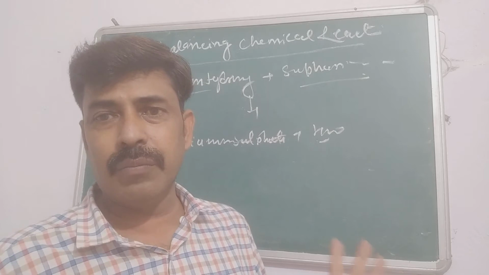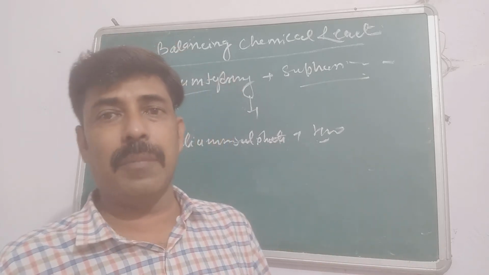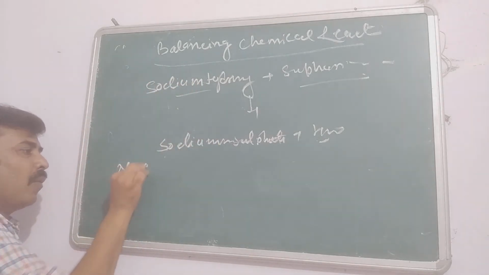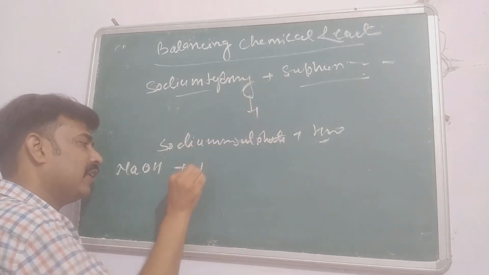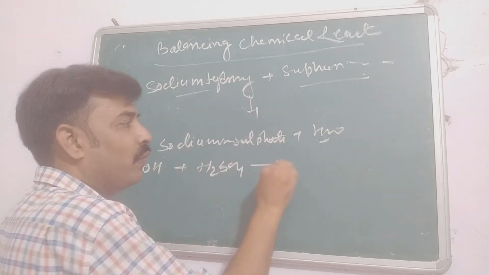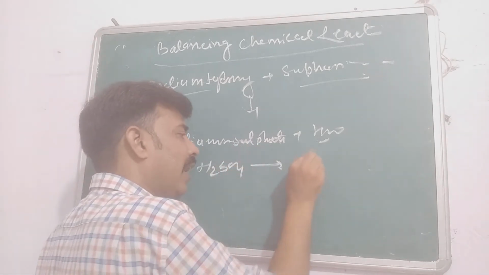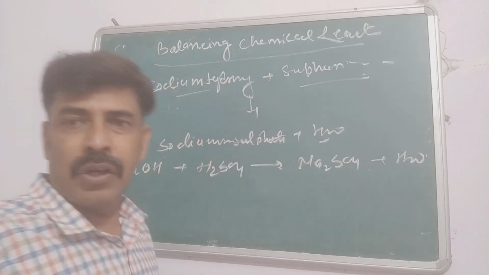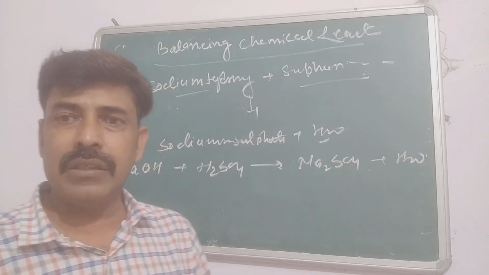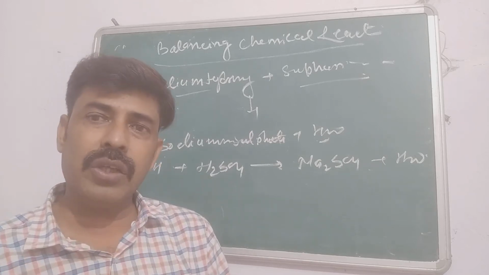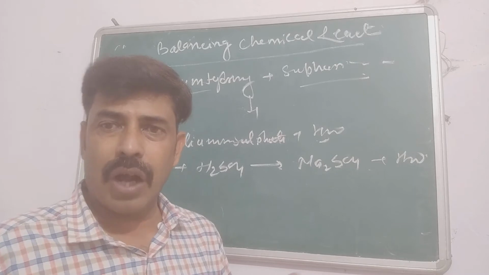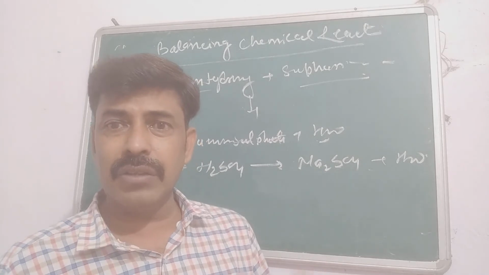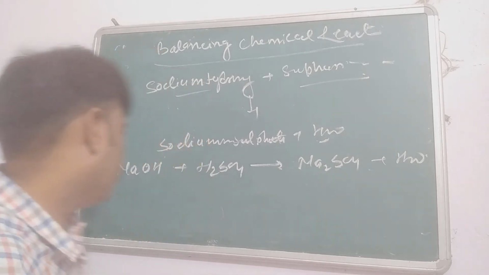Before balancing the reaction, you will need to write the chemical reaction. So according to this, sodium hydroxide NaOH reacts with sulfuric acid, that is H2SO4, to give sodium sulfate, that is Na2SO4, along with water. Now in the process of balancing we will balance the elements other than oxygen and hydrogen first, and after that we will look at the others. So we are starting with the sodium. So balancing